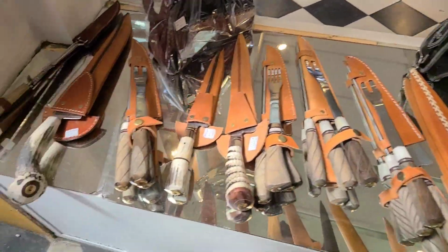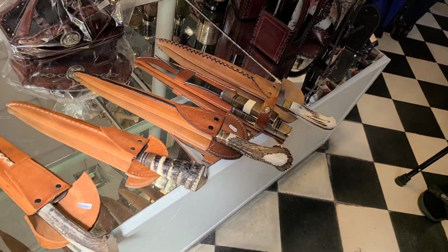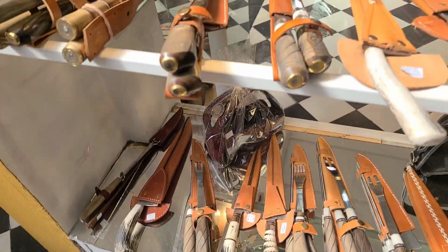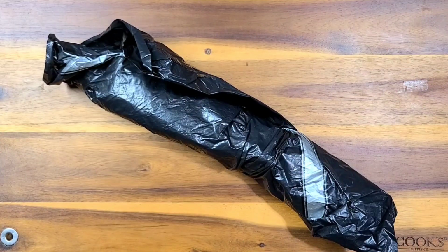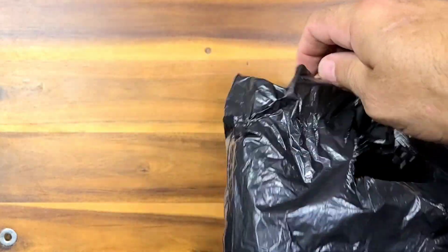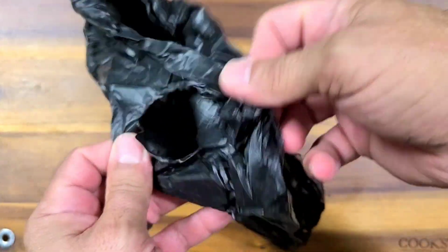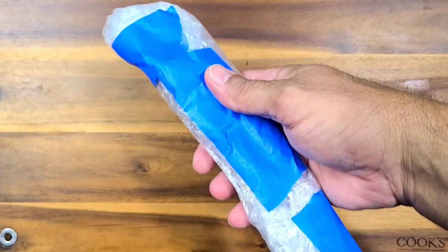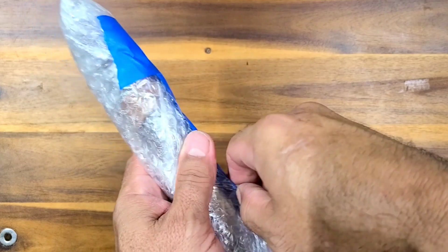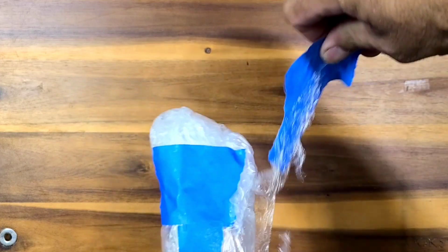Interesting stuff. And then they got some bigger knives down here. What are those made of? A lot better. Some bone handles. We got some armadillo handles, antler handles. All right. So, after looking at all that stuff, I came to a decision and got this crazy ass little set right here. So, oh, yeah. All taped up. They were very nice. Gave us a little bit of a discount for paying in US dollars instead of,